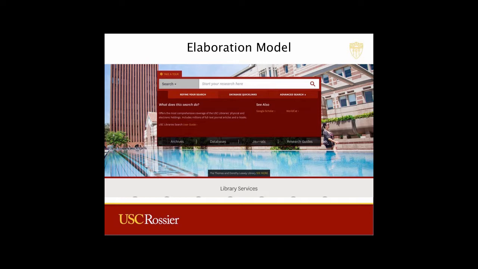And then in the next little section or module of our first unit, we may look at the database quick links. You can actually see which databases might be more appropriate. And then finally, you can be introduced to the advanced search, which gives you the most power, and you would be reviewing then what are the potential fields that you could search on and the various tools that you could